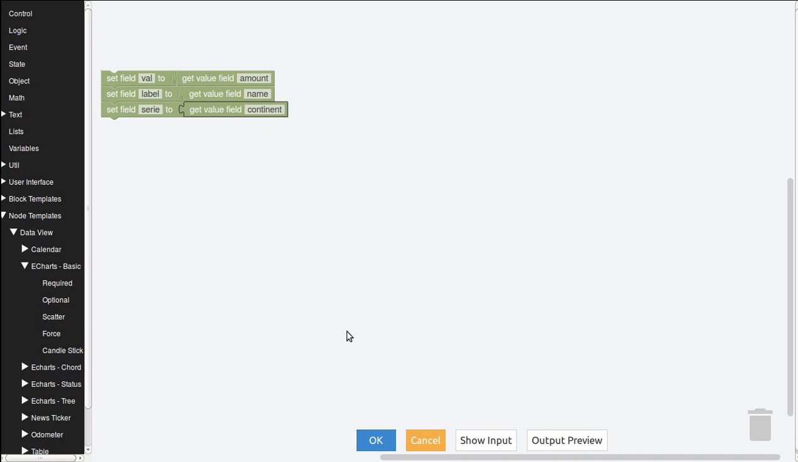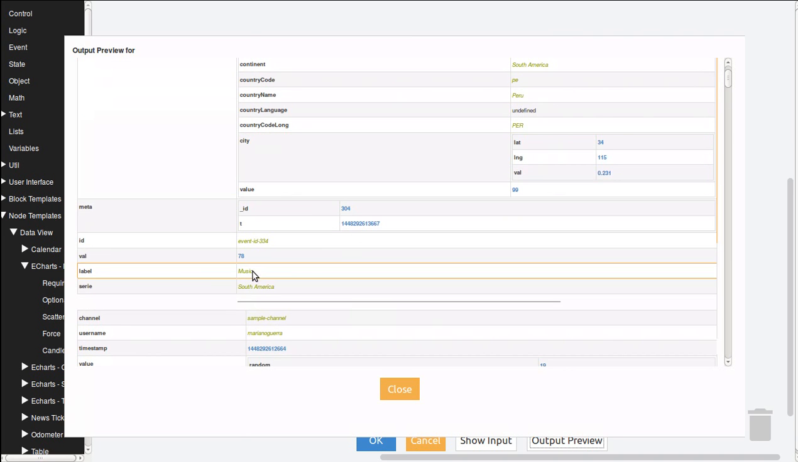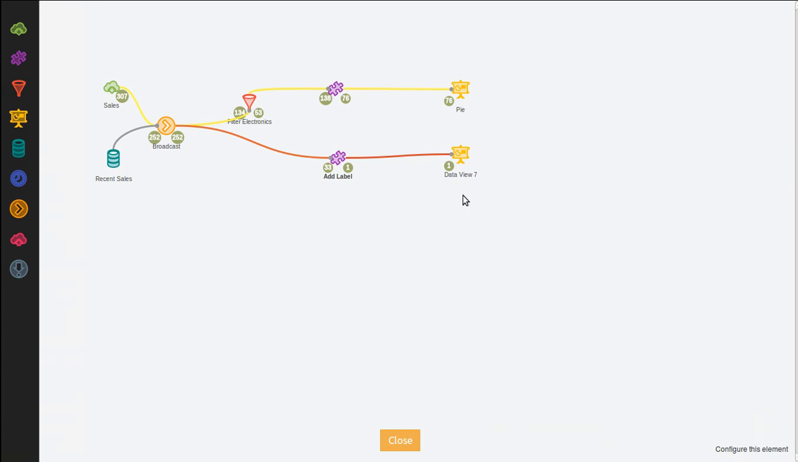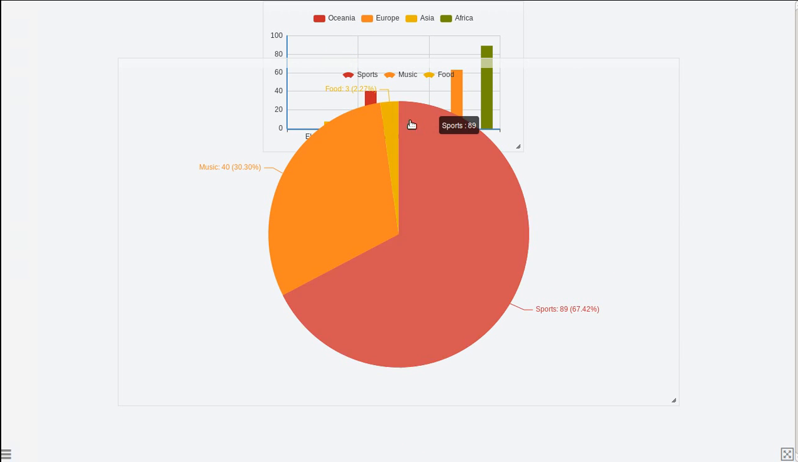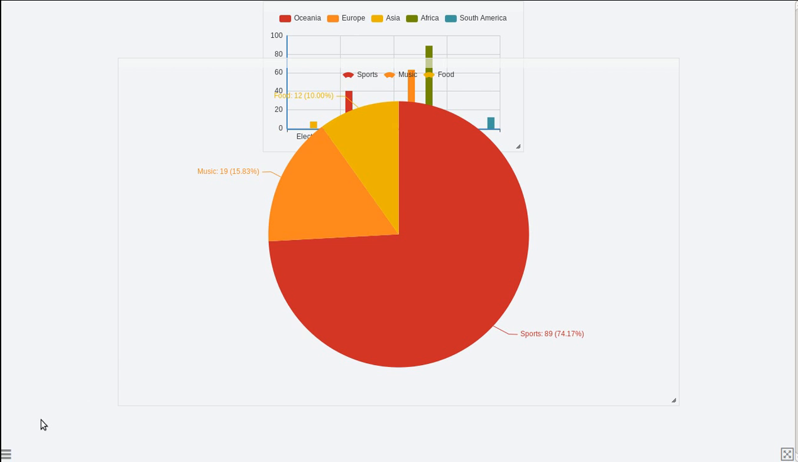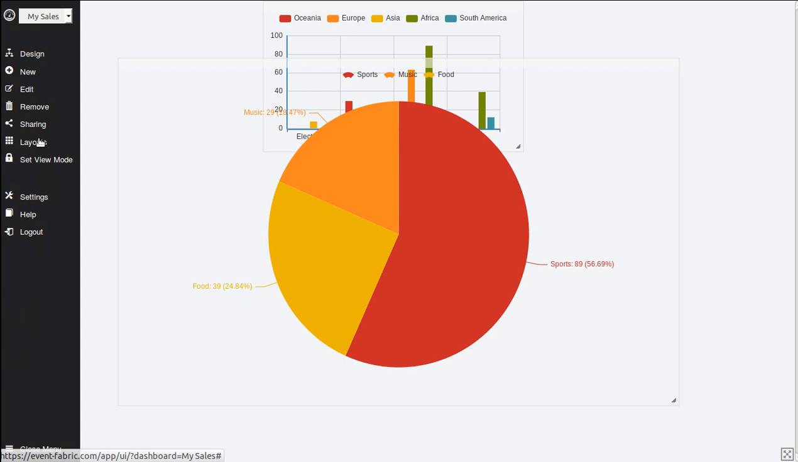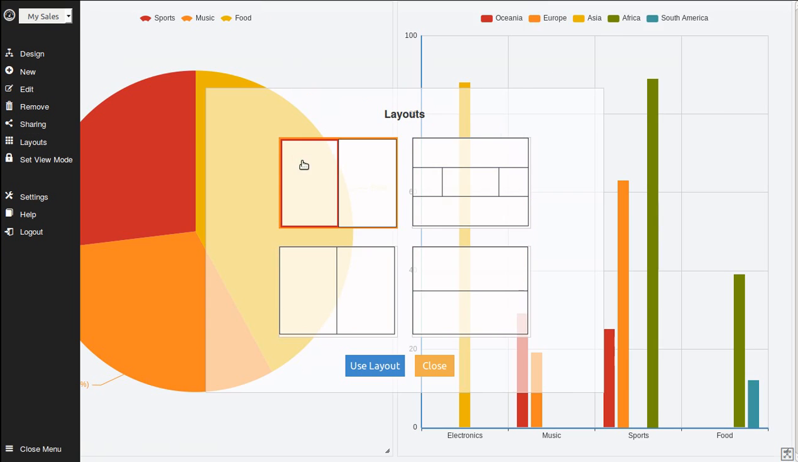This is okay, amount is okay. We can use output preview to see that the fields are set okay. Click OK. Let's put bar here to know which data view it is. Now we could just move and resize the data views, but we can also use the layouts to rearrange them